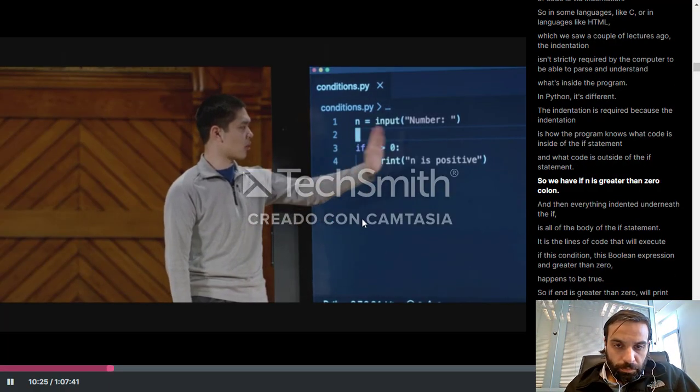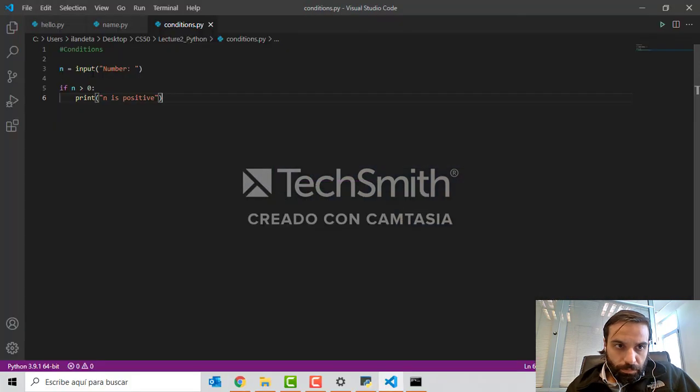So we have if n is greater than 0, colon, and then everything indented underneath the if is all of